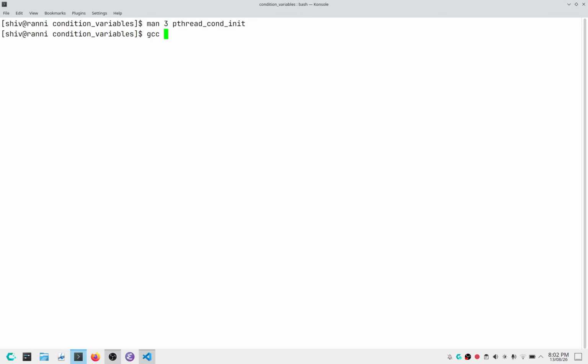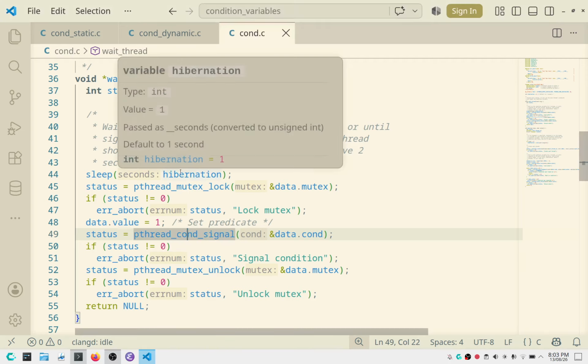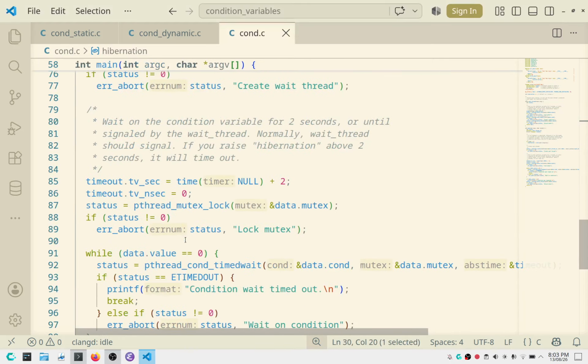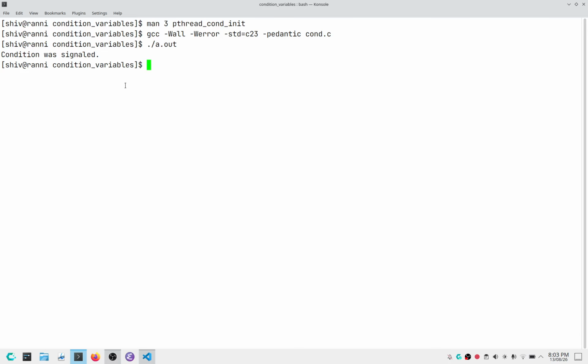So we compile this: gcc -Wall -Werror -std=c23 -pedantic, and then we do on.c, and then we run this, and "condition was signaled". So why the condition was signaled is because our sleep without argument is 1 second. Okay, and this thread, the second thread, will wait for 2 seconds, but before the timer can expire, we receive